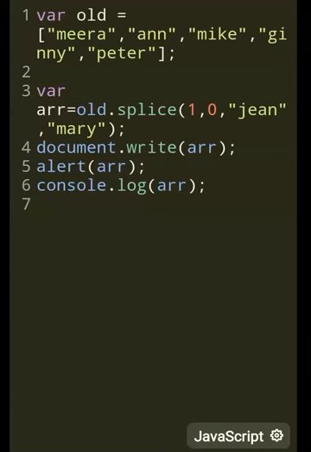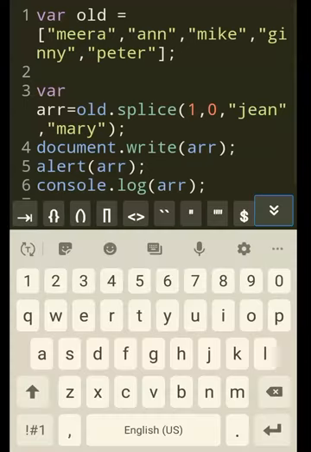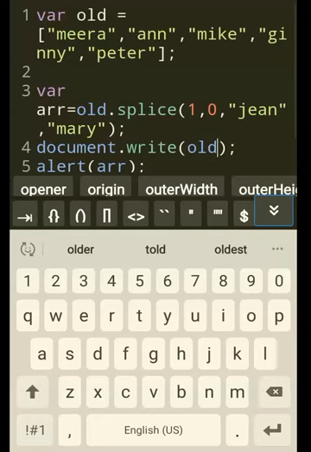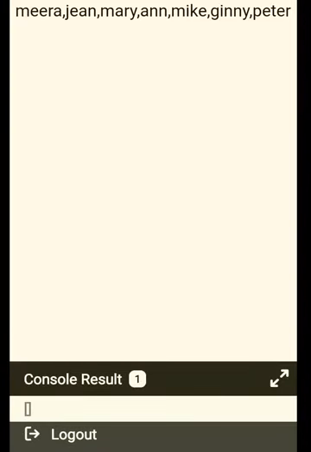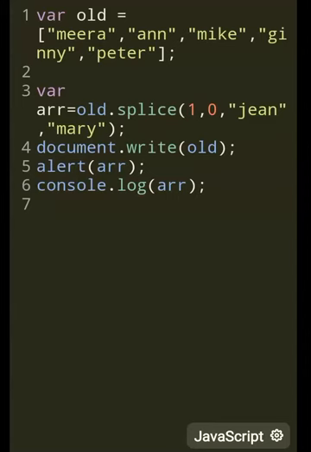In this case, nothing has been removed. Addition will happen into the original array, not the new array, right? That one we already saw the result. Document.write old array: Meera, Jean, Mary. This is the old array, returned with the mutated changes. But the new one, when you do that, it returns empty because nothing has been removed.